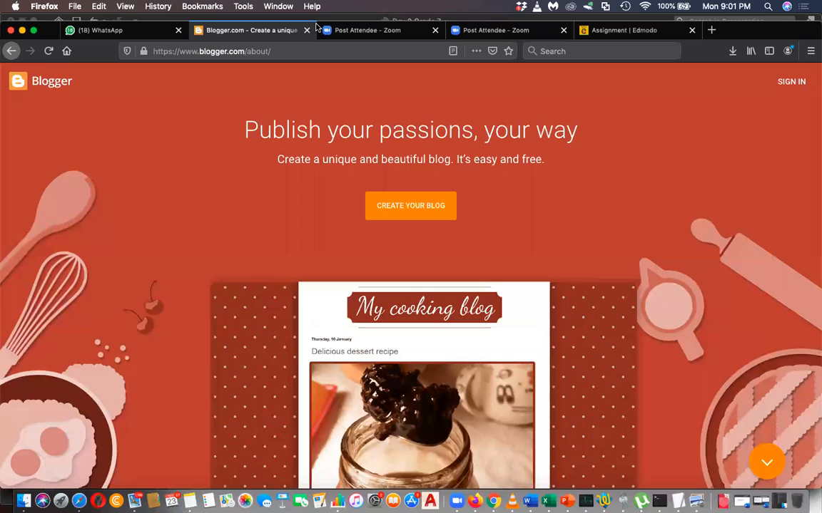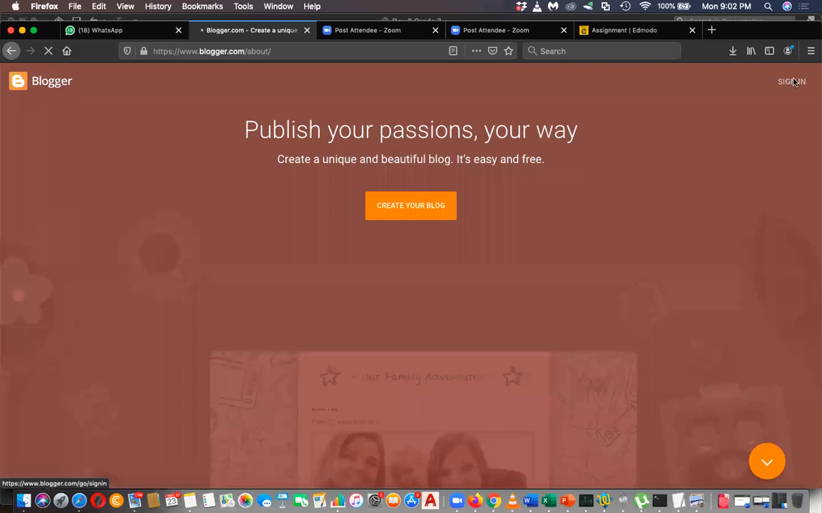Okay, then you can go to the sign in button. You can click the sign in button. When you go to blogger.com, then you have sign in. In this sign in,